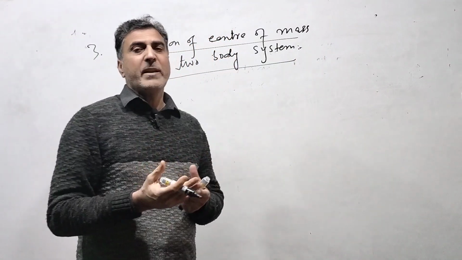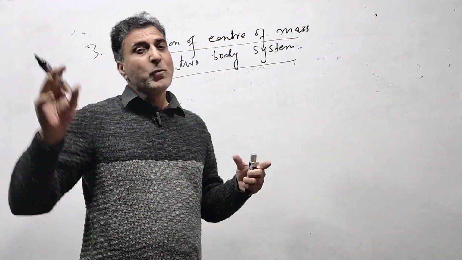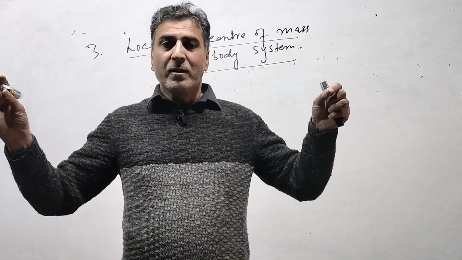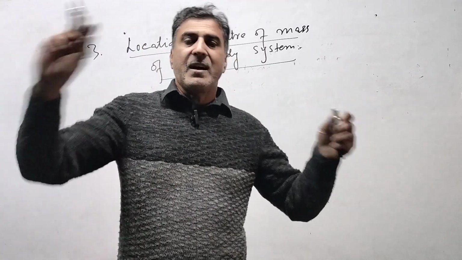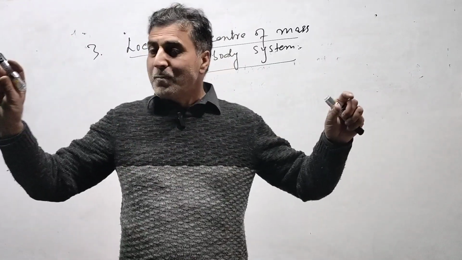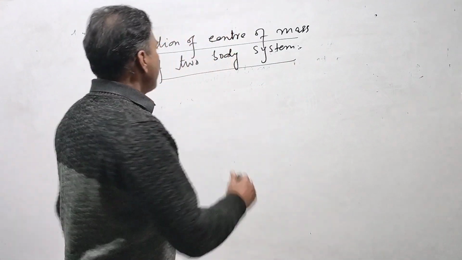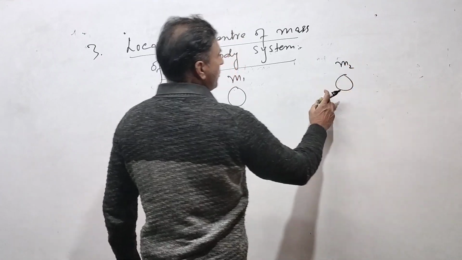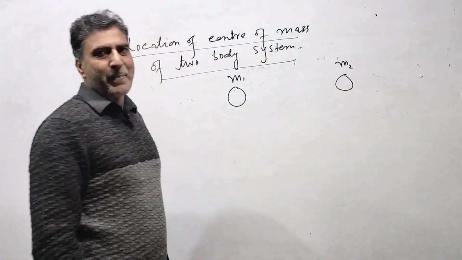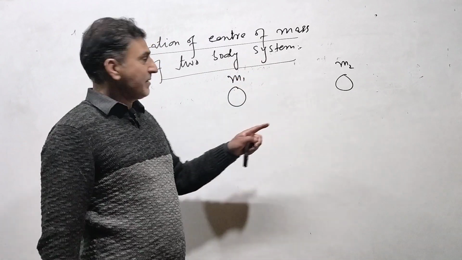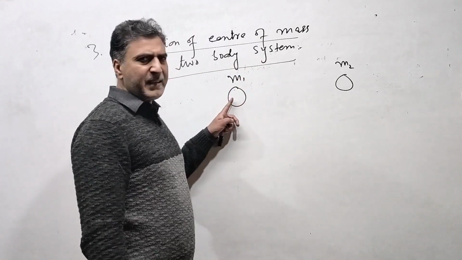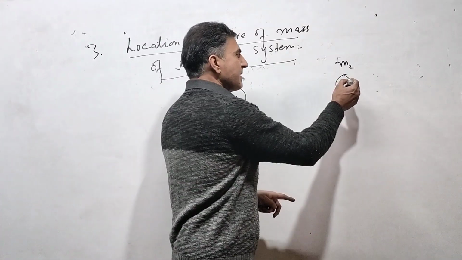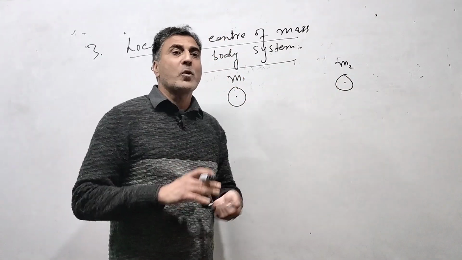लेकिन दो बॉडीज जो है ना, they are symmetrical bodies and you already know the center of mass of individual bodies. लेकिन दो बॉडीज का टोटल सेंटर ऑफ मास कहां है? The center of mass which belongs to both the bodies. जैसे ये दो बॉडीज है, इसका मास समझो m1 है, इसका मास समझो m2 है, तो मुझे इन दो बॉडीज का सेंटर ऑफ मास चाहिए टुगेदर एज ए सिस्टम. लेकिन अगर इस m1 का सेंटर ऑफ मास चाहे तो वो इसके सेंटर में है, ऐसे अगर इस बॉडी का चाहे तो वो इसके सेंटर में, लेकिन दोनों बॉडीज का टुगेदर सेंटर ऑफ मास कहां है,